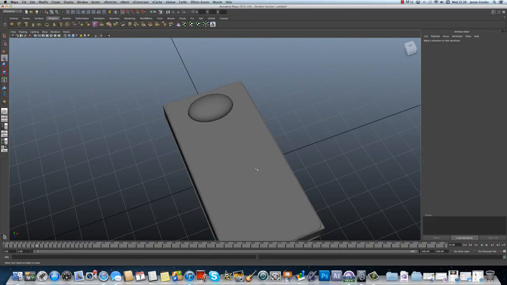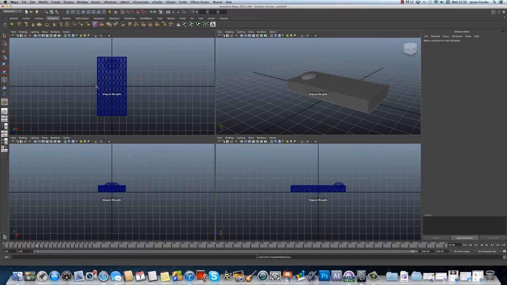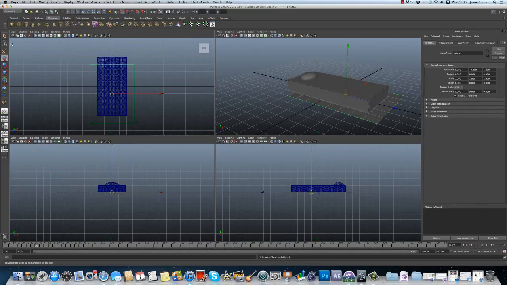It's going into the bed, but for the sake of this tutorial it doesn't matter. I'm then going to recreate the plane in a larger size. So if I come back to plane and go one across again and come down like so, move the plane up again like so,